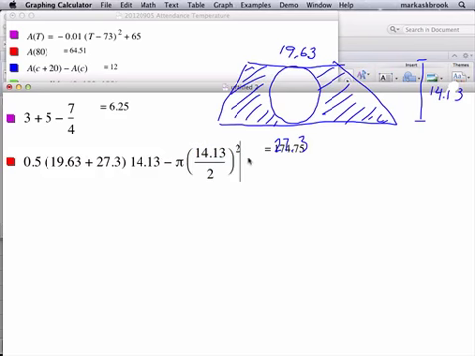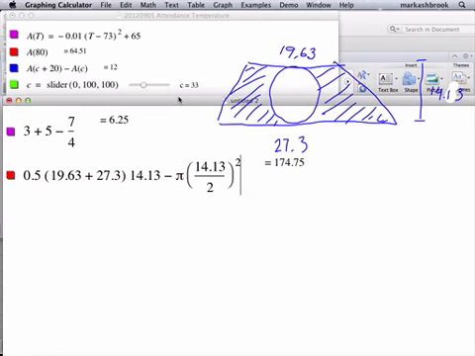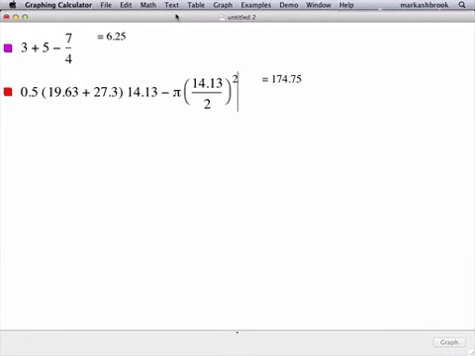And now I think, is my expression right? I get 174.75. Someone else get that? Okay. All right, a little more practice at this. Good old quadratics. Okay, how about